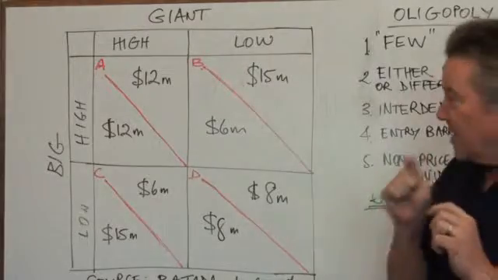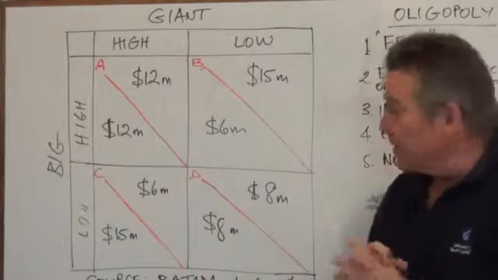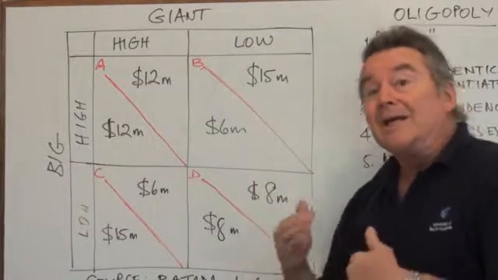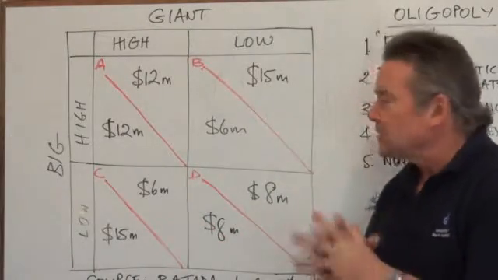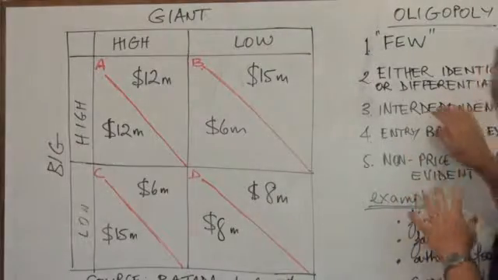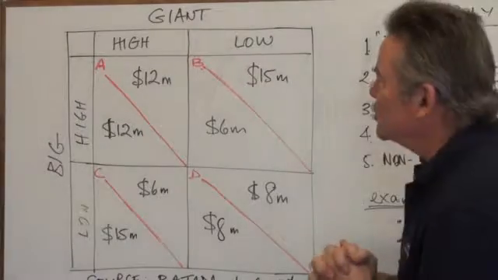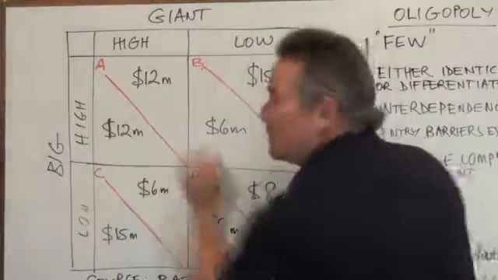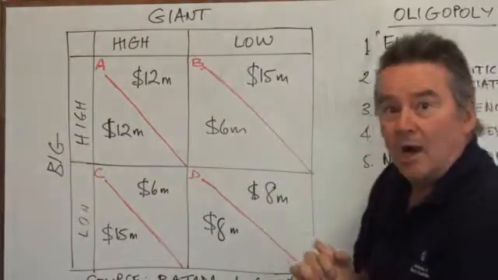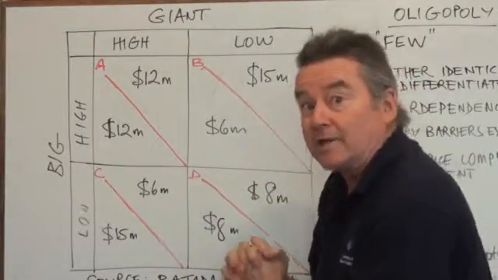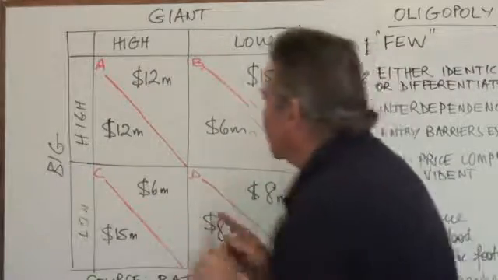Each company has a simple choice. They either adopt a high price strategy or a low price strategy. What we're going to show is that the expected payoffs will depend upon what the other player is doing. So what we're trying to do is highlight the mutually interdependent nature of this market structure. Pretty simple. Box A, what's happening? Both Giant and Big are charging a high price, and they might do that independently of each other, or in a second we'll talk about what they might do collusively.